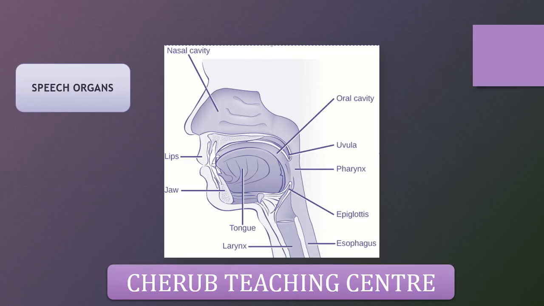As I've said, there are various speech organs that I always talk about when you are speaking, and this figure in front of you shows that there are a lot of things involved in it, like your lips, your jaw, your tongue. The uvula is the hanging portion which you see in a U form when you open your mouth wide. All these things, including the nasal cavity, that means the nose cavity as well, play a vital role during speech production.